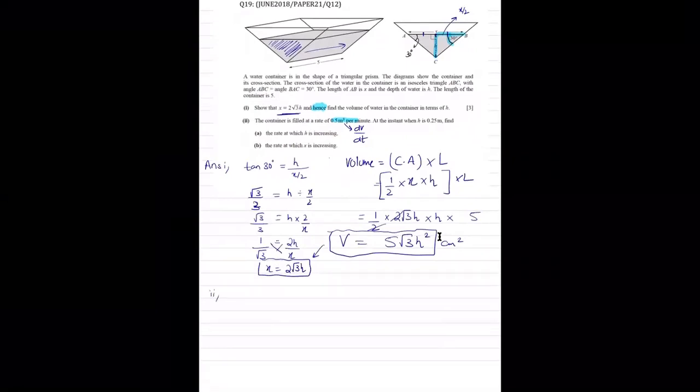So to find the rate at which h is increasing, that is dh by dt, I'll have to write down the chain rule like this. I need to find the expression of dh over dV times dV by dt. To find dh over dV, let's first find dV by dh. dV by dh is simply going to be 10 root 3 h. What you do is you just multiply this coefficient of h squared by the power and reduce the power of h by 1. If this is dV by dh, then dh over dV is nothing but 1 upon 10 root 3 h.